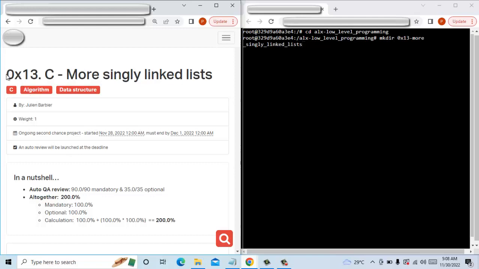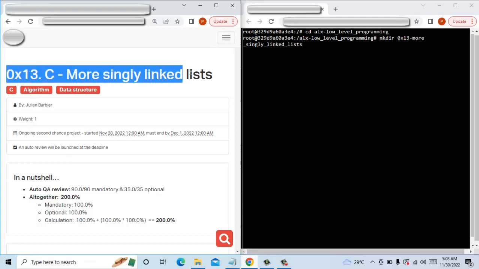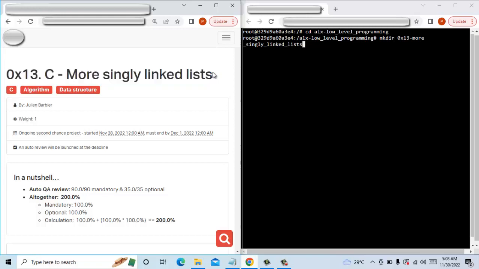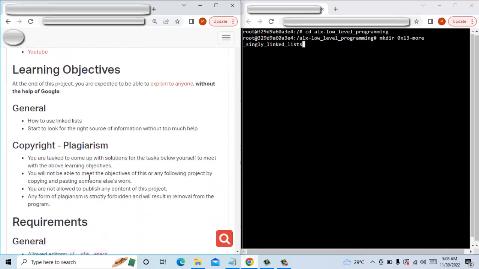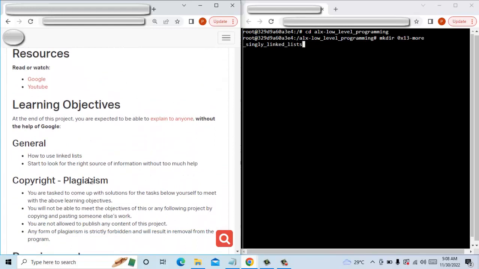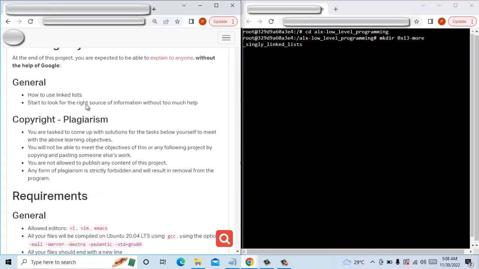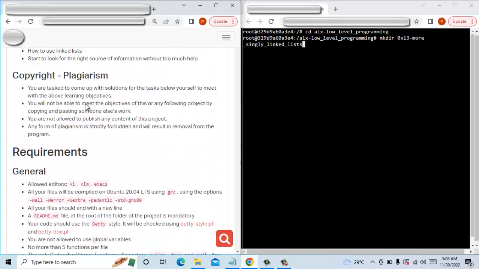So in today's tutorial, I want to show you guys how we can actually get done with this more singly linked lists. Okay, now from the resources you get to find out that linked lists are more like a chain of memory blocks where you can actually run through checks and all that. So just do well to go through the resources if you haven't, and you will understand a lot better. Okay, so we go straight, and